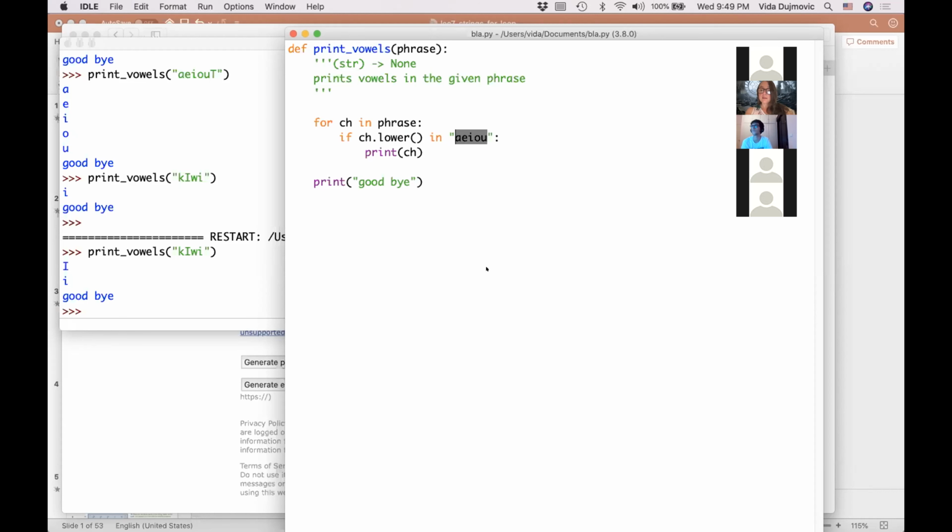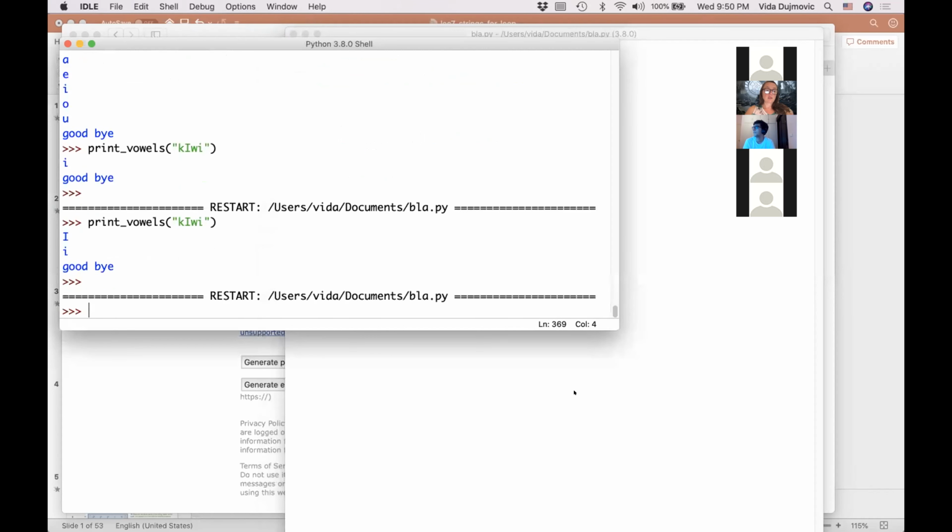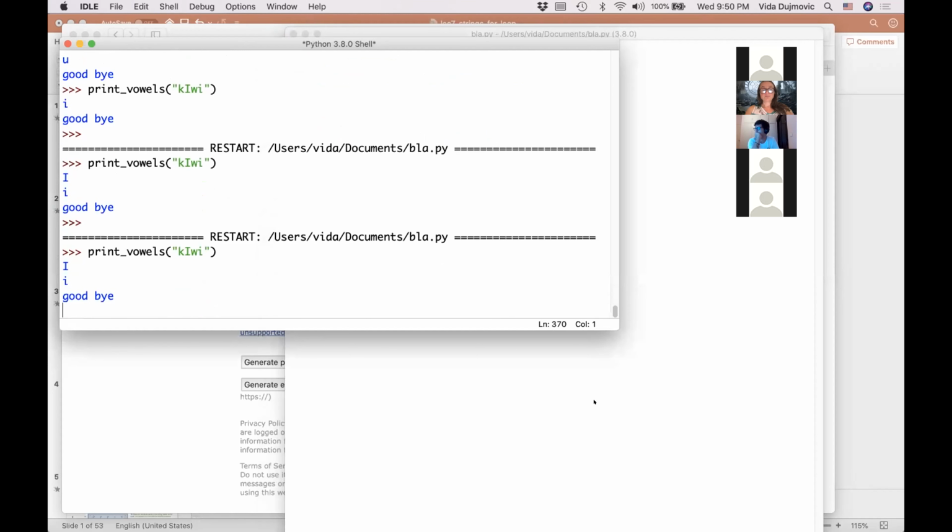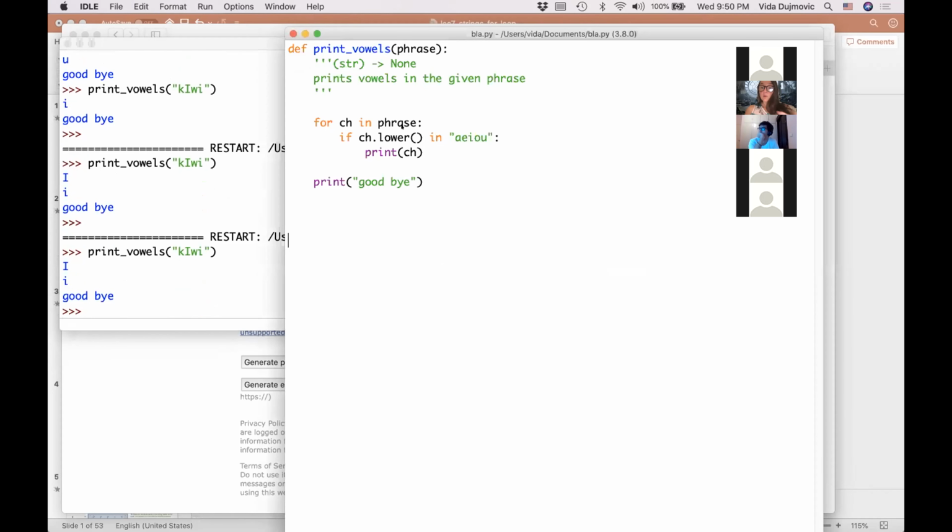So you simply get rid of that problem by turning everything into lowercase first. I guess you can do the same by turning everything into uppercase, but then you're asking about the uppercase. So here's a third solution. It also works. And again, this lower is helpful for your assignment number 2.